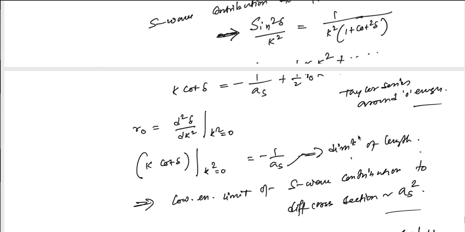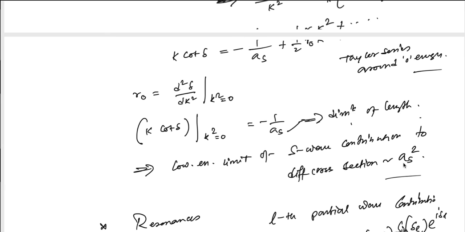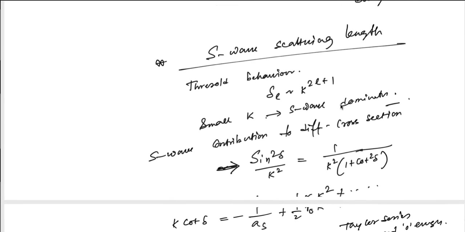the scattering length, which can be identified as a length scale of the scatterer, or the scattering strength, because this comes in the denominator, and the contribution to the differential cross section is of the order of a_s squared, which is like a length scale. Sometimes it is easier to visualize this as a length scale contribution in the scattering. In many communities like atomic and molecular physics, people quote the scattering strength of a potential in terms of this quantity. This is just an alternative way of writing the same thing, nothing more.